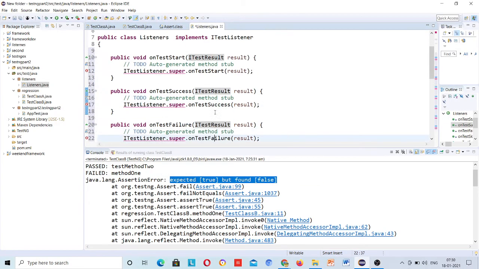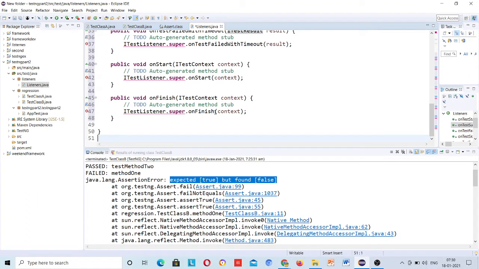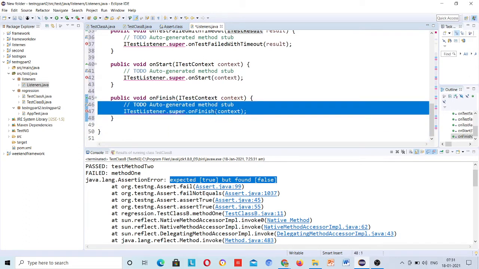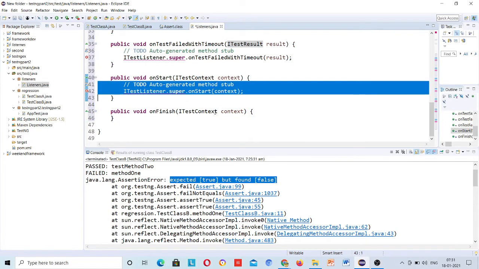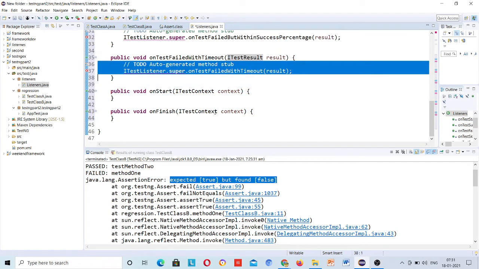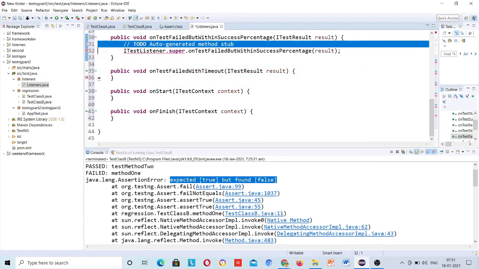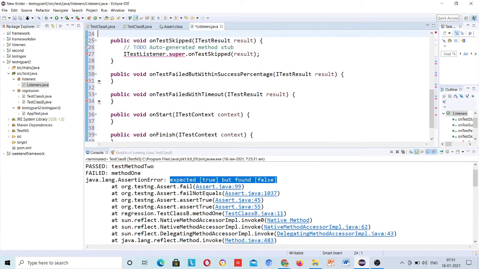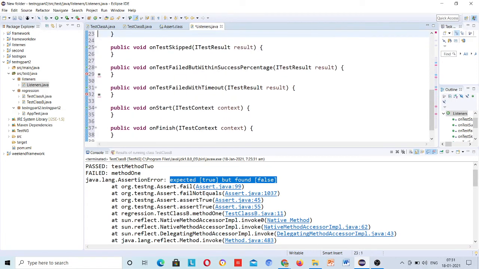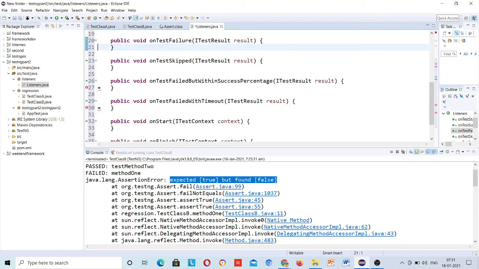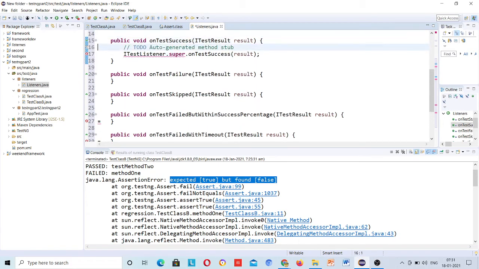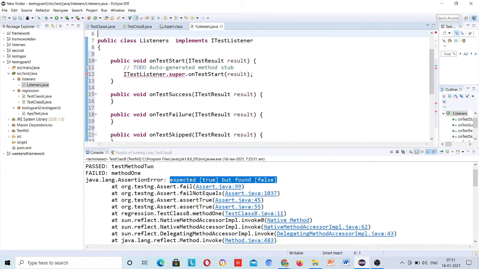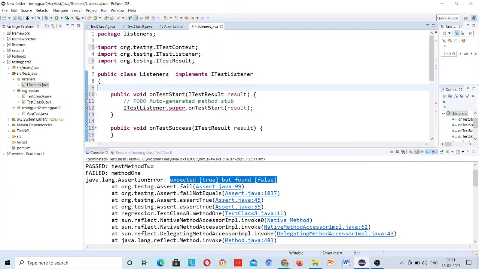Now see, all these unimplemented methods are here. Just clean this garbage; we don't need to do anything with it. And this one too.